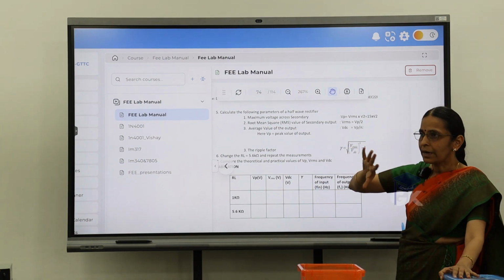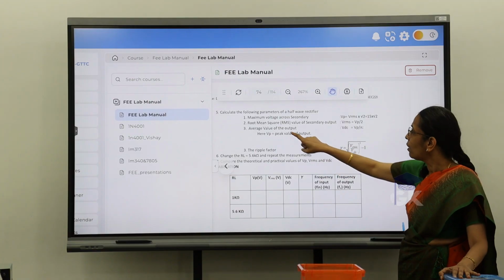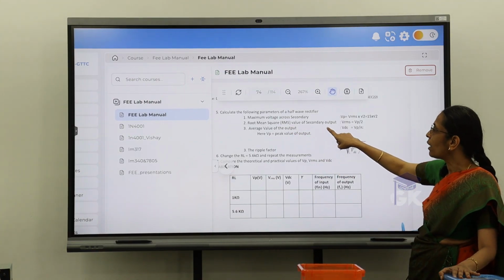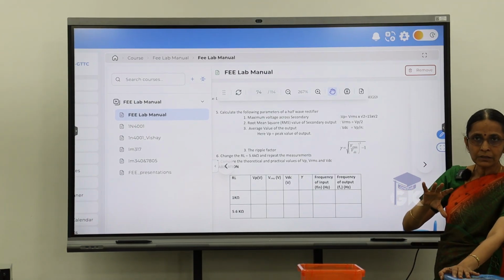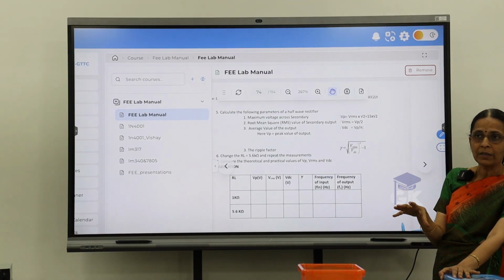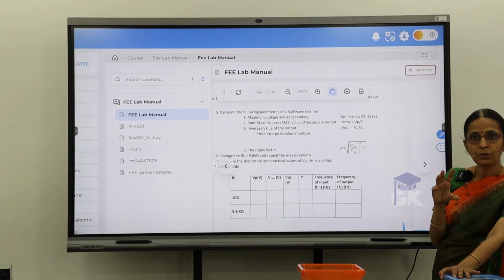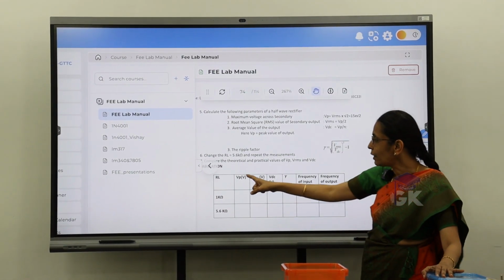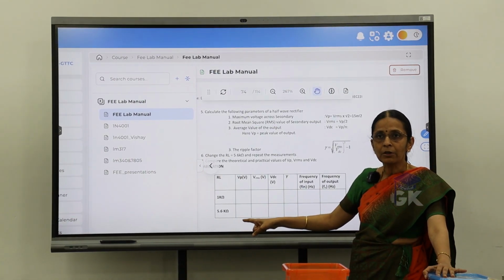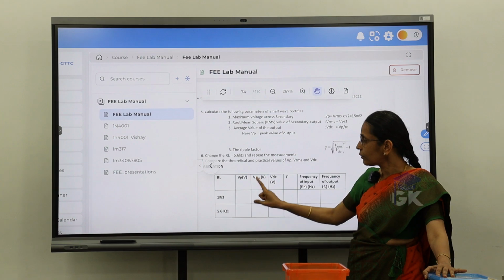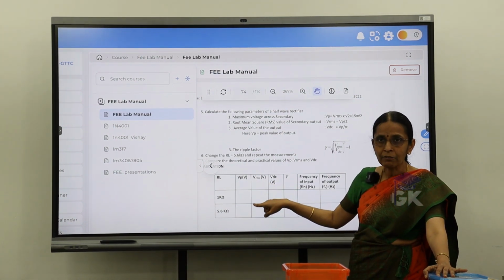Next is, it's rectified. This was only for the secondary side. Now it's rectified, and I have to find out the root mean square value. So what I should do is rig up the circuit and observe the waveform on the load side. The DSO will display my output voltage. So I will tabulate here my VP, that is my peak voltage or the maximum voltage. Then I have to find out the RMS value of the rectified voltage.